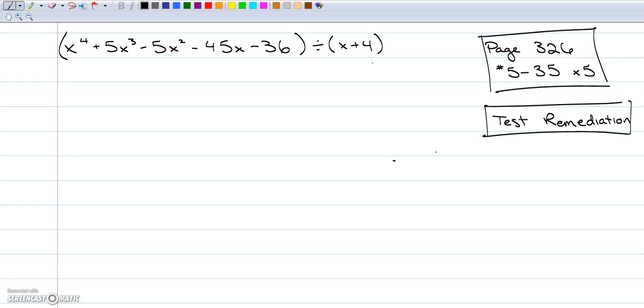But before I give them back to you, I'm going to give you an opportunity to earn some extra points. I'm going to call this a test remediation. It's not corrections. I'm not giving you your test back to look it through and figure out what you did wrong first. I'm giving you 15 problems, all or nothing. No partial credit on any of them. Either you get the right answer and you get the point for it, or you don't. Period. The reason why we're doing this is because it's going to take your test and change the point total that it's out of,